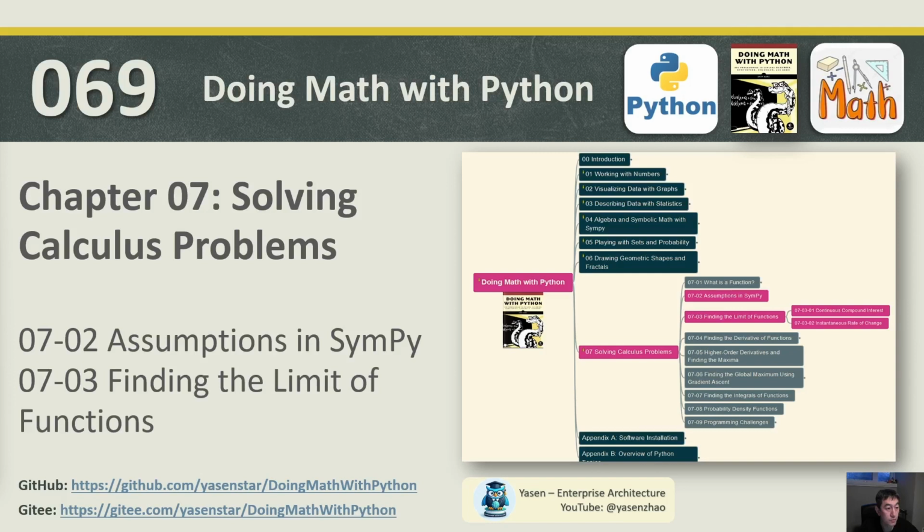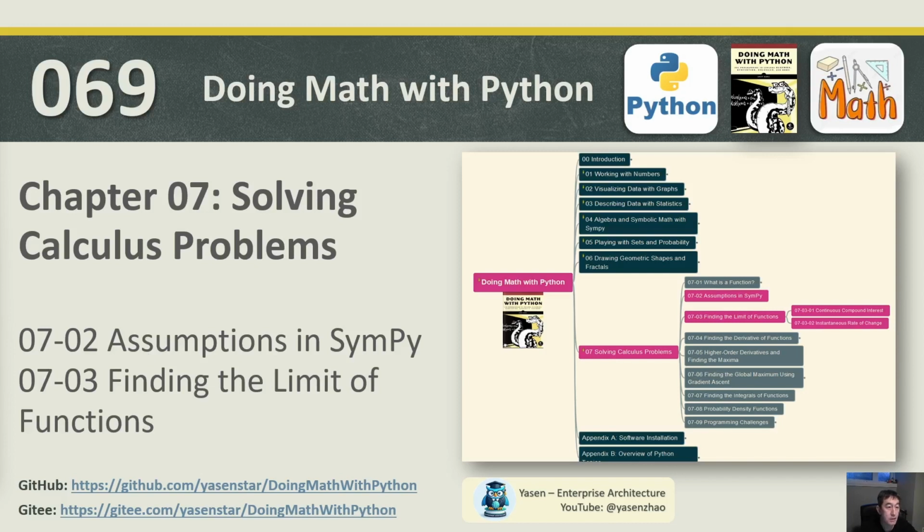We will move to the next subchapter, number 7, solving calculus problems. Depending on the contents within this book, we will see whether we can combine some chapters altogether in one video. For this chapter, I hope we can discuss not too many contents about the SymPy assumption, because that is an assumption used in the calculus